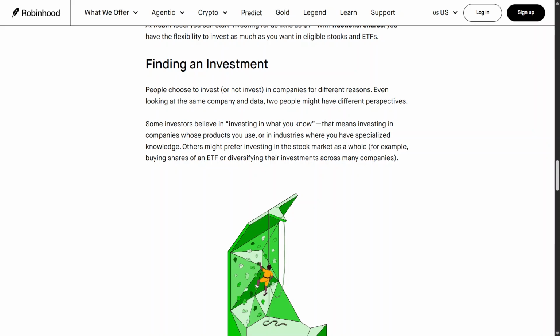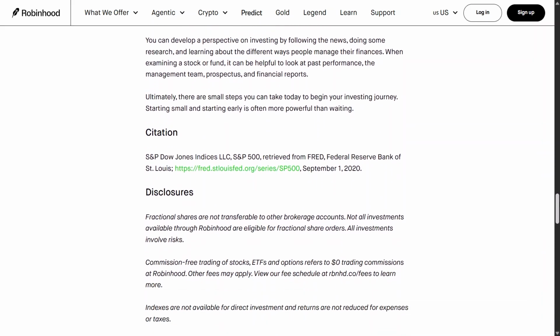Once you've finished your research and feel confident in your decision, you can tap trade to buy the stock or ETF. Always remember that all investments involve risk, prices can go up or down, and past performance does not guarantee